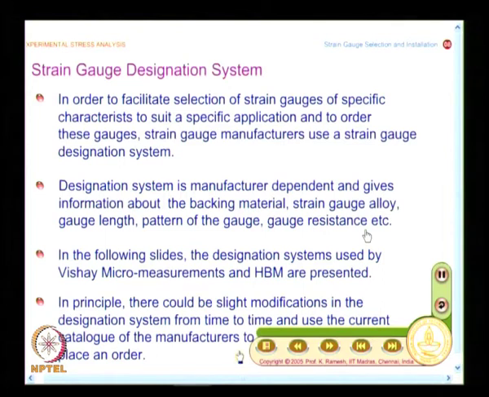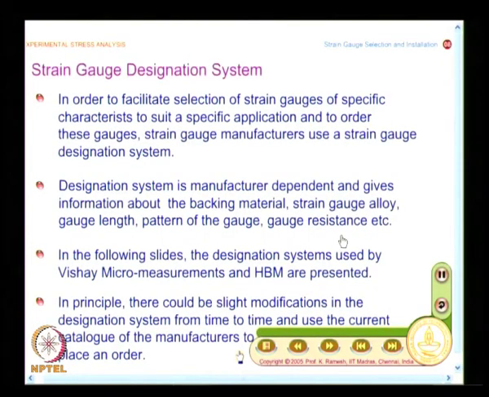See, we have looked at various aspects of the strain gauge alloy, backing and also the adhesive to facilitate our current discussion on selection for a given application. So, what we will look at is how a strain gauge is designated, and provide general guidelines on how to go about selecting these parameters. We may not take a specific problem to select a strain gauge, but we will provide you general guidelines on how to go about it.